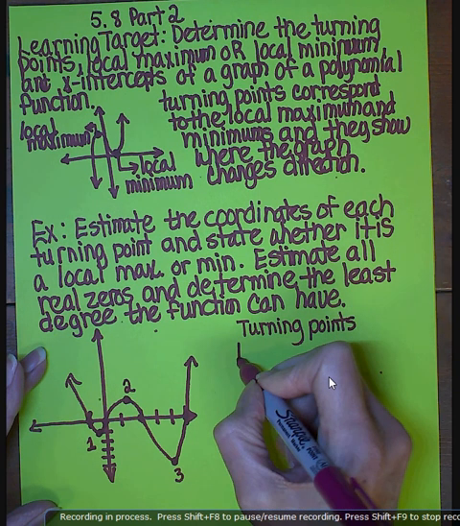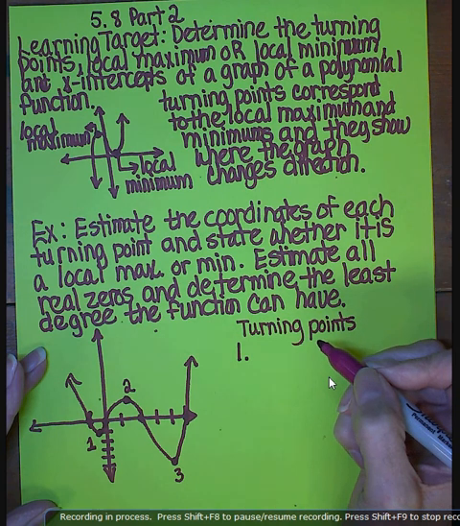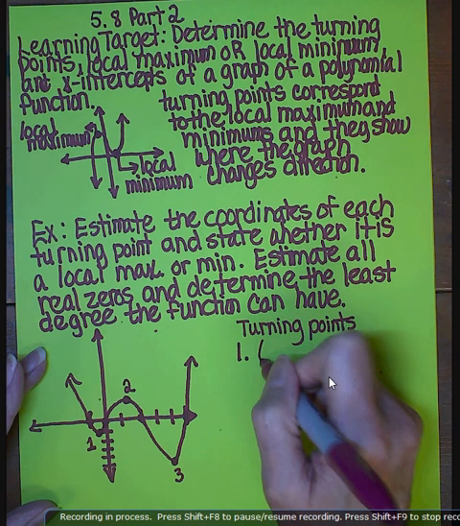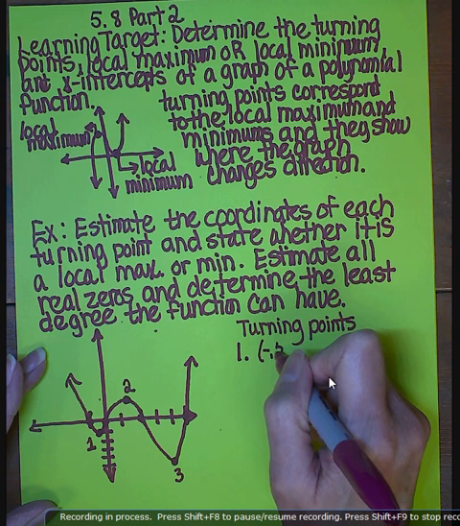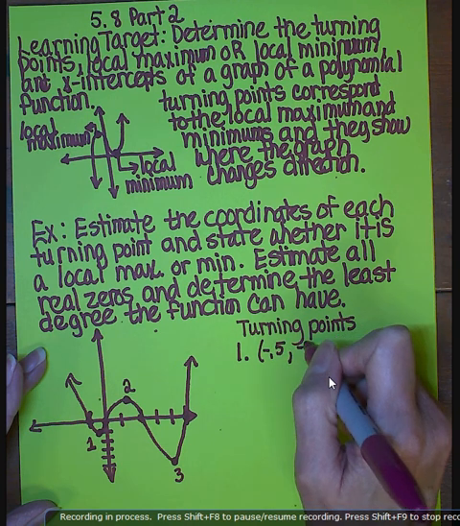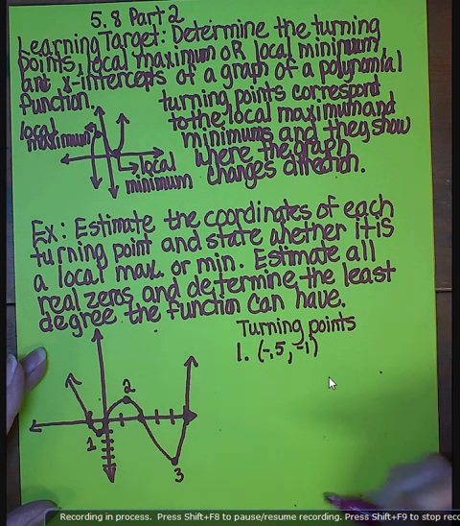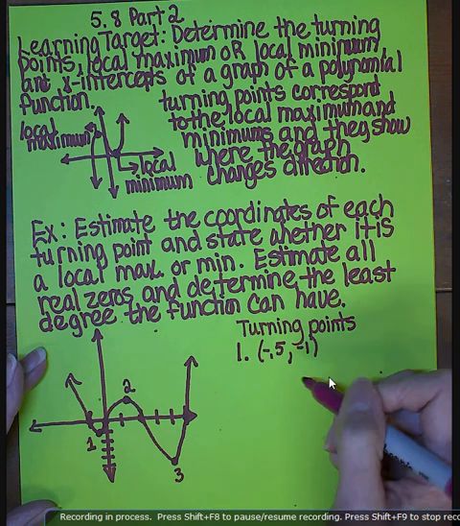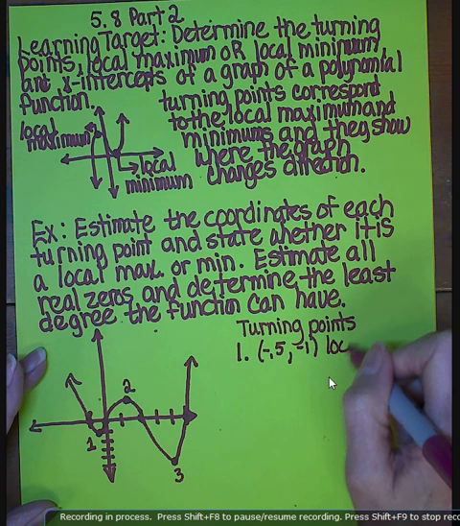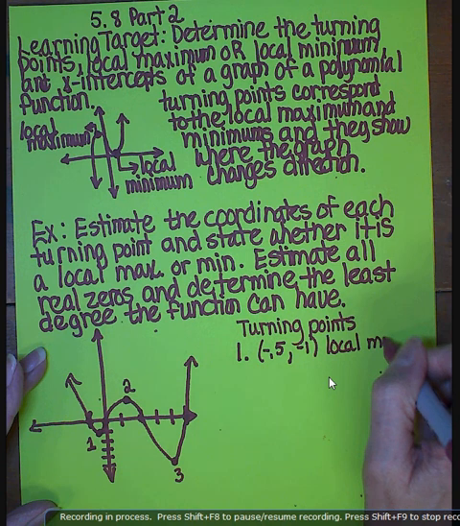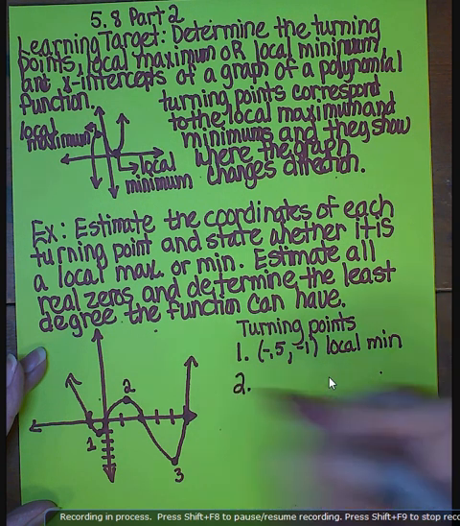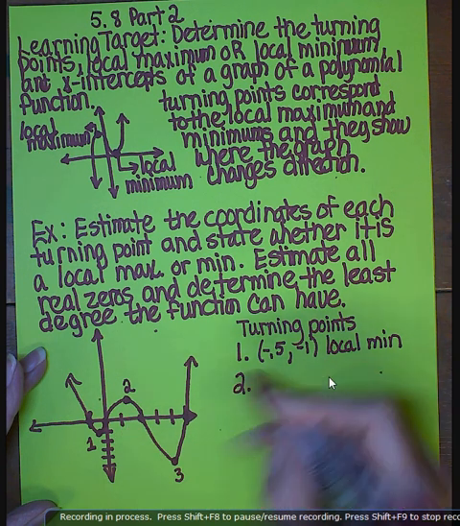Okay, we're going to estimate the first turning point to be negative 0.5, negative 1. I'm just naming that point right there. And that would be a local minimum since it's a low point there. On the second one, I'm going to estimate it to be 1.5